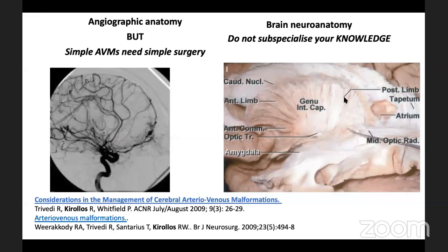So in summary, angiographic anatomy is important, but don't forget that simple AVMs do not require all this. But you need to have the knowledge to tackle more difficult AVMs. You have to know brain anatomy, not just vascular anatomy, the same as low-grade glioma surgeons. You know your white matter tracts, and because AVM surgery is operating in the brain,